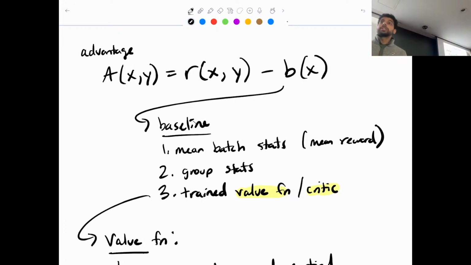Like you're actually training a model to tell you, given this prompt and given this part of the sequence that has been generated so far, what will be the final reward assigned to this sample? Like, if you were to unroll from that point infinite different generations from the model, what would be the average reward that you get at the end?